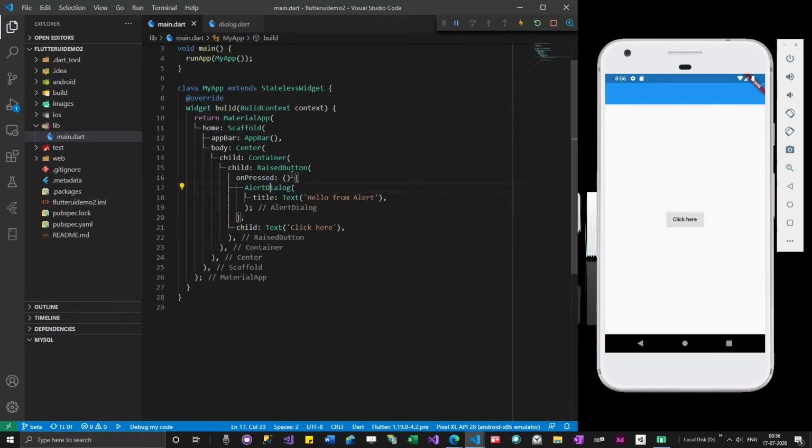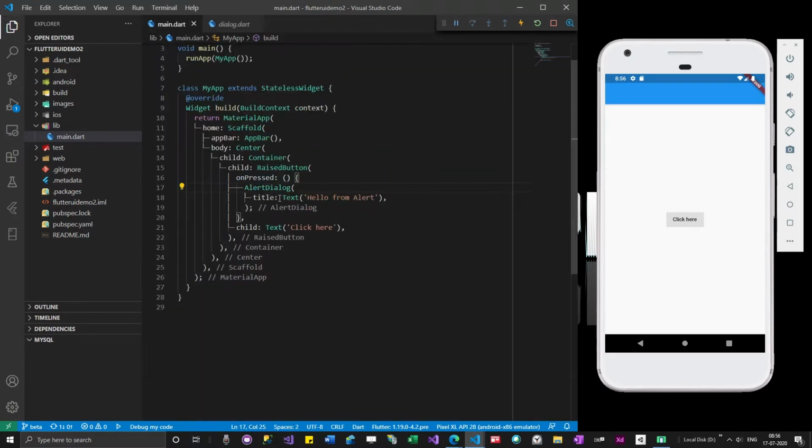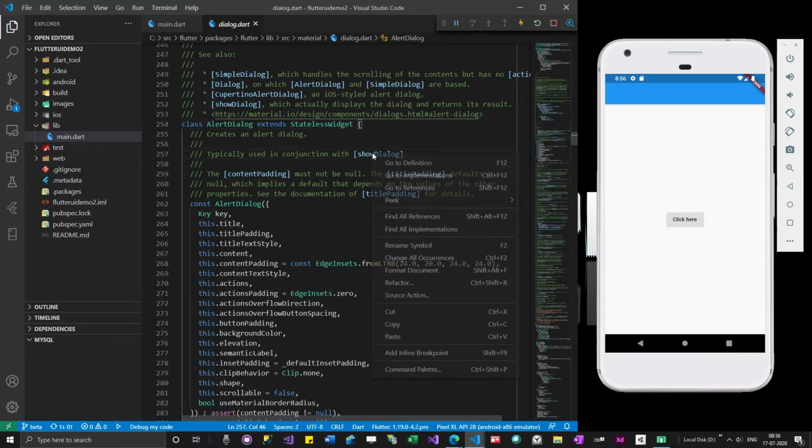In each file we'll have classes as well as functions. In alert dialog I can go to show dialog.